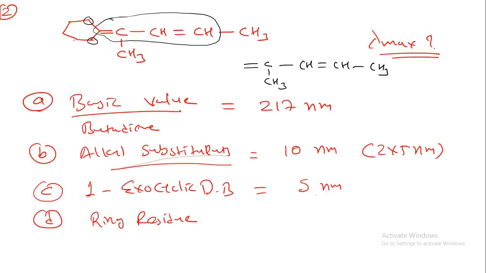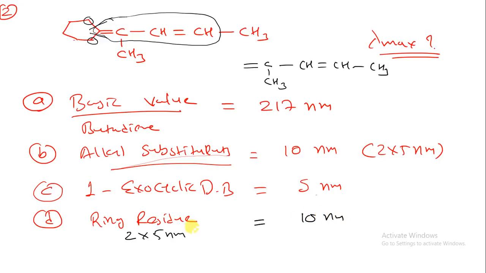So what will be the ring residue? Ring residue is the residue at which we are cutting down the parent chain. If I cut this parent chain from here and from here, I will get my parent chain. So whatever ring residue is present over here, you just have to see that the parent chain should be there. And second, however many carbon atoms are present on that parent chain, that should be calculated as the ring residue. So here we have 2 ring residues, that is 2 into 5 nanometer. So here we have 10 nanometer.